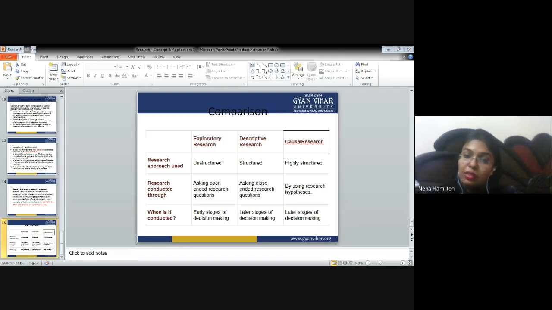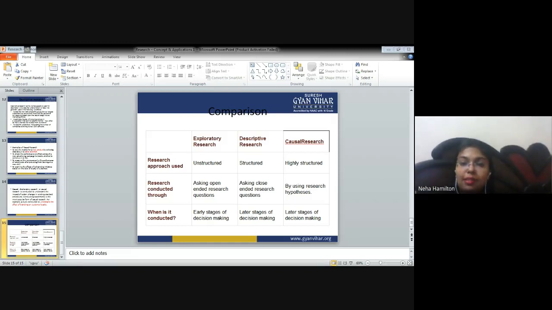When is it conducted? Exploratory is conducted in early stages of decision making. Descriptive is conducted in later stages of decision making, and causal research is conducted at the last stage of decision making. So stages are again very important: at what point of time you have to choose what kind of research. You should be very specific and very clear on this also, right? So we have exploratory, descriptive, and causal research, and you have to be clear on when what kind of research is being used. Okay,